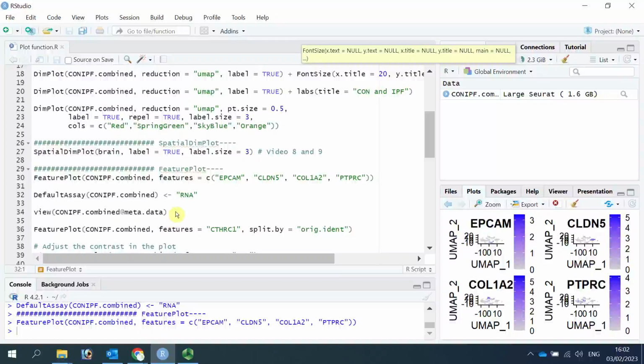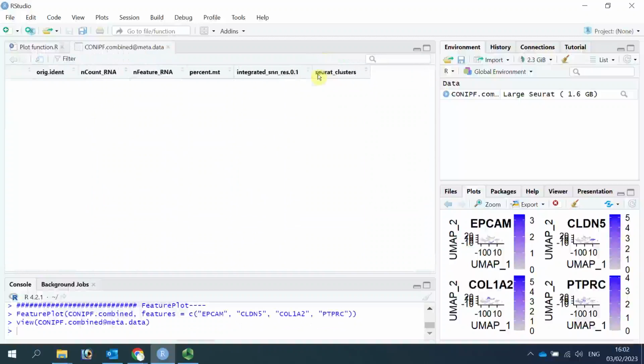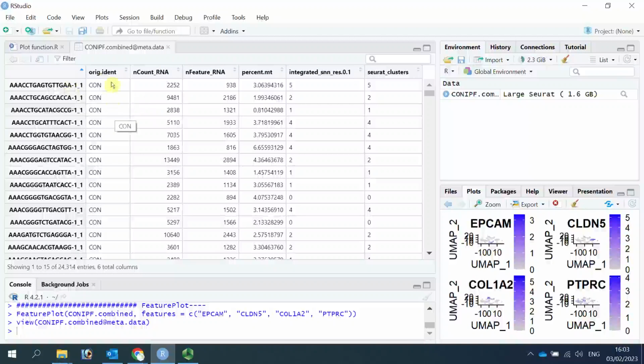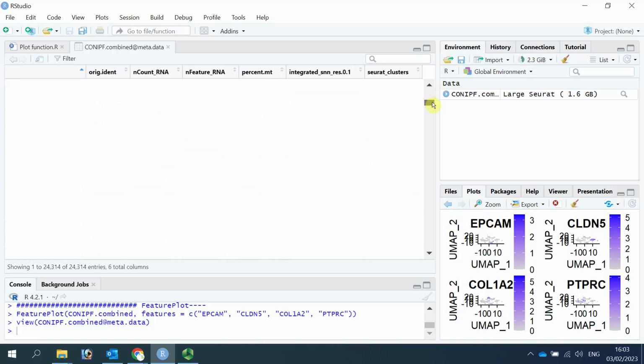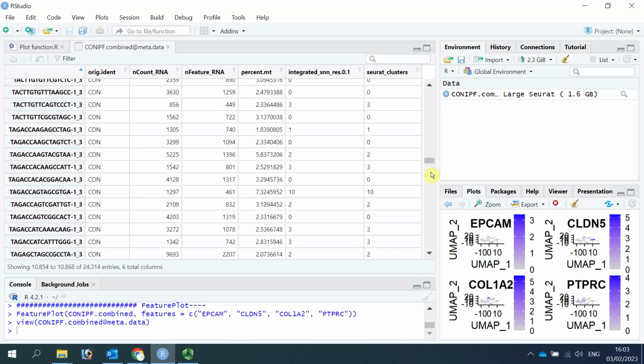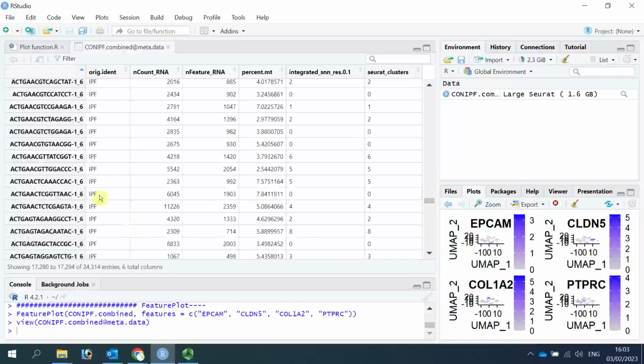So we performed the integration between control samples and IPF lungs. Let's use the View function to have a look at the metadata. You can see in the metadata, in the column of orig.ident, we have control for healthy donors and IPF for fibrotic lungs.